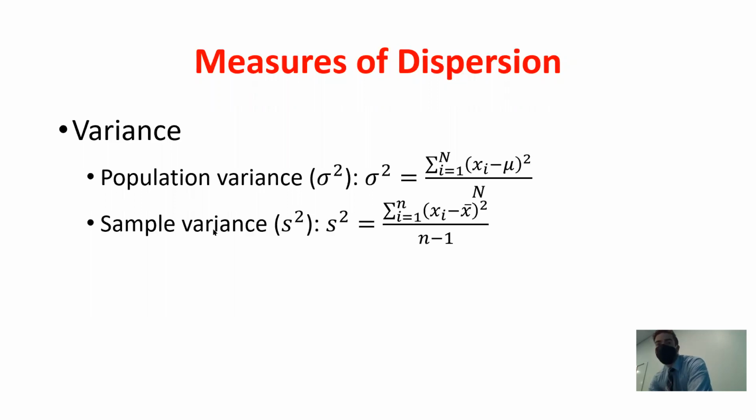Now, we also have the sample variance, right? Now, one thing that's a little bit different here, it's the exact same process. The only thing that changes is we're not using the population mean, we only have a sample mean now. Right? That's why it's a sample variance. And instead of the total number of observations in the population, we're using lowercase n, which is the total number of observations in that sample data set. Okay?